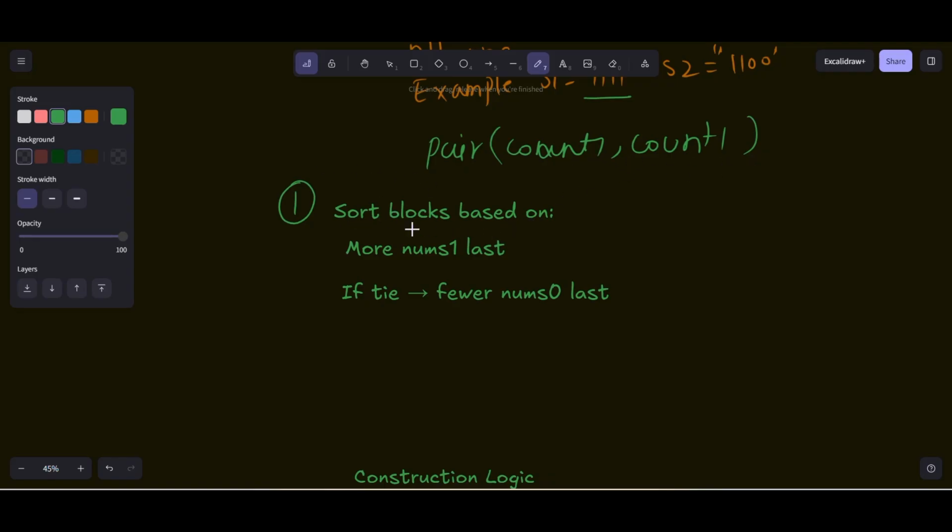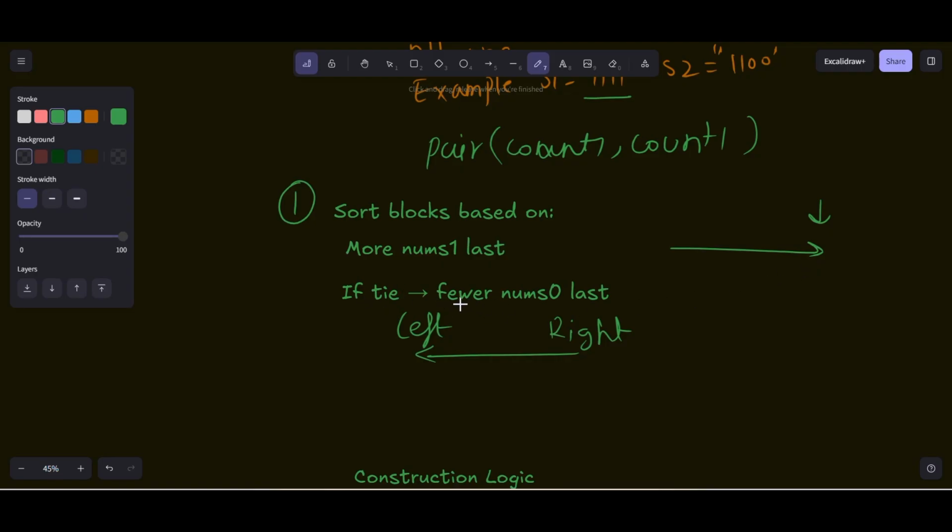So we will sort this array using a comparator function. The comparator function will work like this: if a string has more ones, we will move it to the last. Why are we placing it last? Because we are performing the operation from right to left during the construction. So that's why we are placing it at the last. Suppose this is a vector, then we place it last, so that if we perform the operation from right to left, it will come at the end.